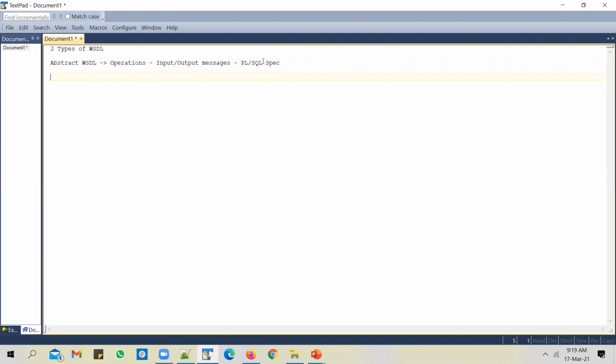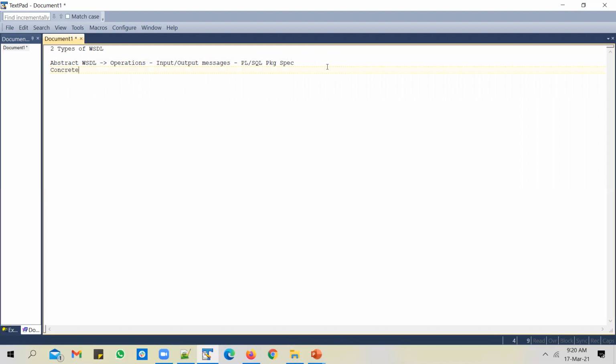You just mention a structure in a specification. Similarly, in an abstract WSDL, you just mention the operation you want to have, and for each operation, what input or output messages you want. And when you implement the package specification, it becomes a package body, right? Similarly, if you implement an abstract WSDL, it becomes a concrete WSDL.